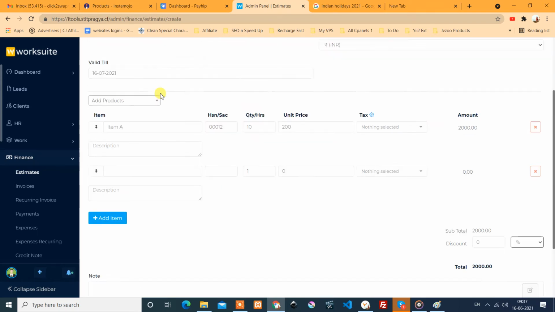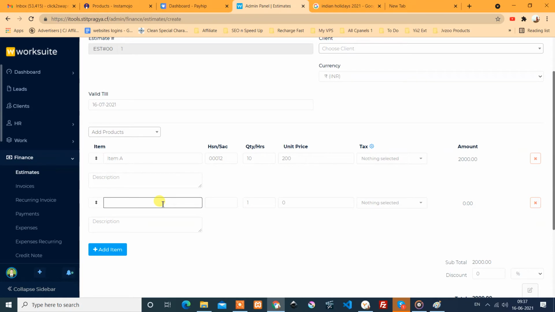Let's say I add one more item B. You can give the description for that item also, some code, HNS SSC S15, and it's only about 100, and it has 5% GST, and this also has a 5% GST.